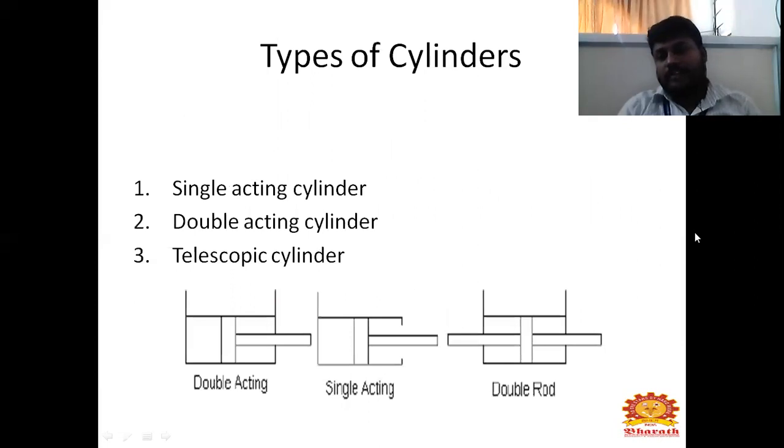Next one is types of cylinders. What are the types of cylinders? There are many kinds of cylinders, but in our systems we will mainly use four types of cylinder. One is the single acting cylinder, another is the double acting cylinder, another is the telescopic cylinder. The first one you can see is a double acting cylinder, where we have two ports. If this port is acting as an inlet port, the other port will act as an outlet port. You have seen this before. Next one is your single acting cylinder, where you have one port, and for the retraction motion you have a spring-like structure inside the piston.